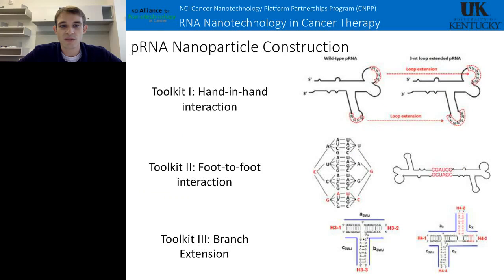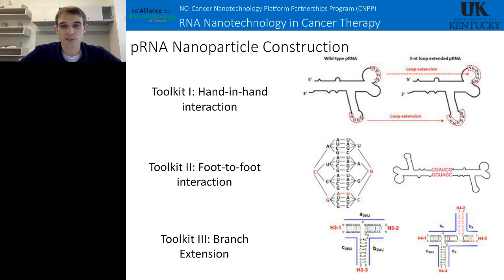But some other work in the lab uses these packaging RNA, which is pRNA molecules, to construct these different nanoparticles. One of our postdocs in the lab put in a lot of work to develop these 3 toolkits to construct these pRNA nanoparticles. Toolkit 1 is what she calls hand-in-hand interaction.